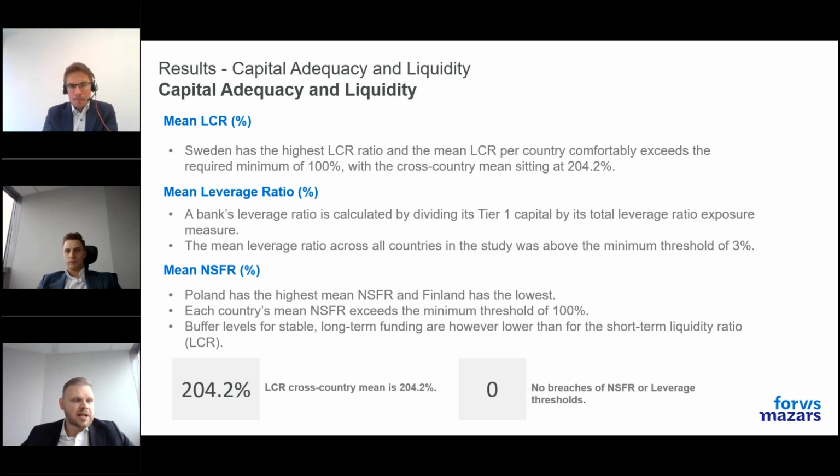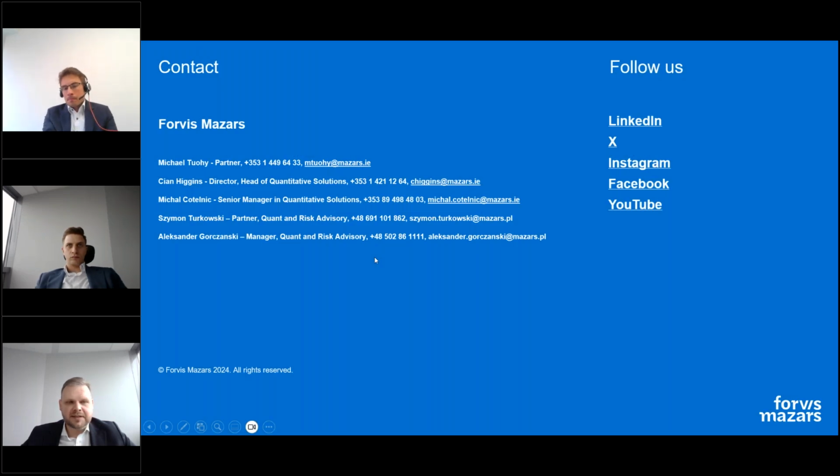So maybe I will start with this one because I find it quite interesting. Is the case whether within the IFRS 9 models the forward-looking information should be applied on each parameter level or on the ECL level? So we see this issue regarding a difference from country to country.